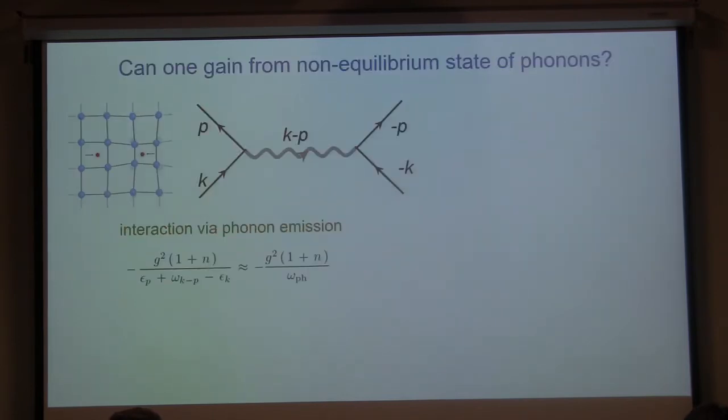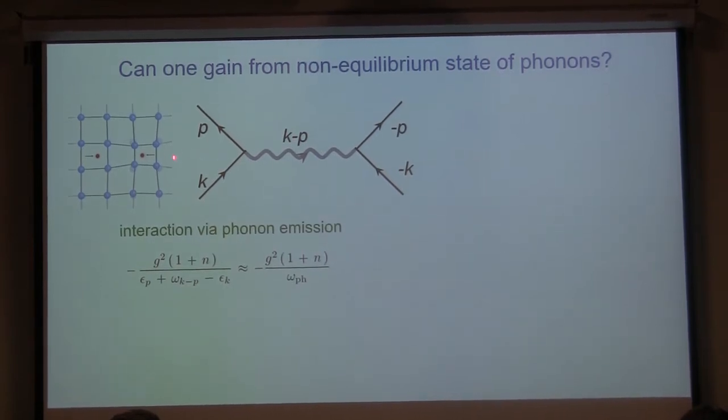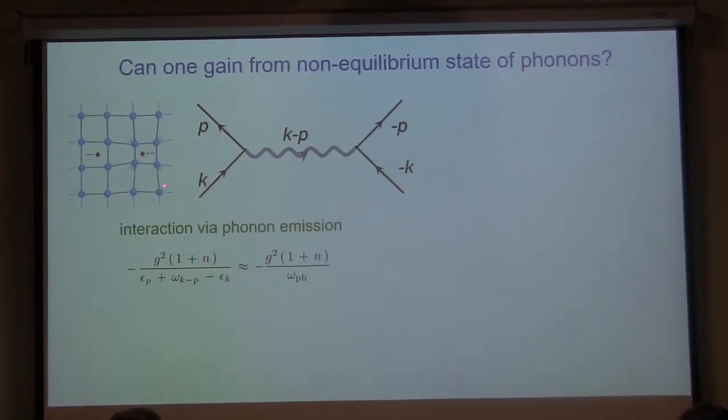Okay, but let me first start by explaining to you how surprising it is to have non-equilibrium superconductivity coming from phonons. So let's go back to how we explain conventional superconductivity in the first place. This is usually explained using the so-called mattress effect. So we know that the first electron comes in, distorts a lattice, right? So we get a kind of positive cloud, and this attracts the second electron. So that's how we get attraction between electrons mediated by phonons. More formally, we can think about it as second order perturbation theory. So the first electron emits a phonon, and then this phonon is absorbed by the second electron.